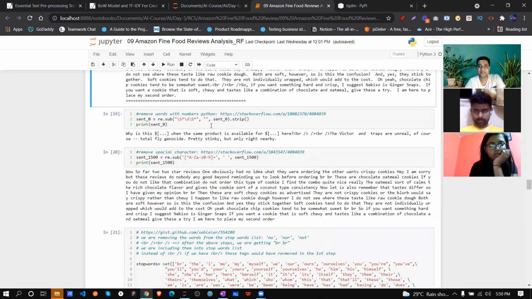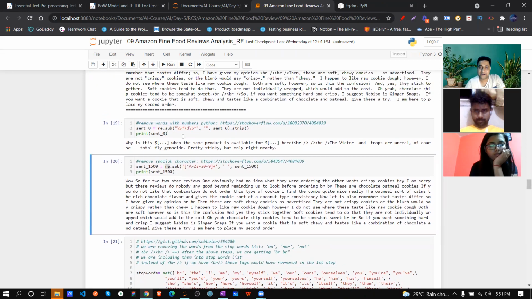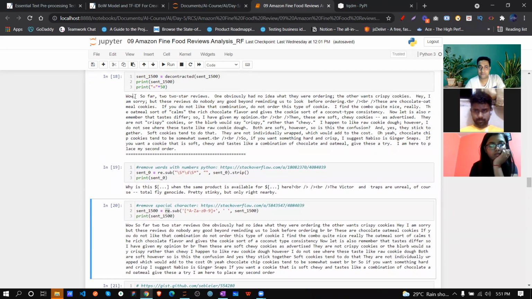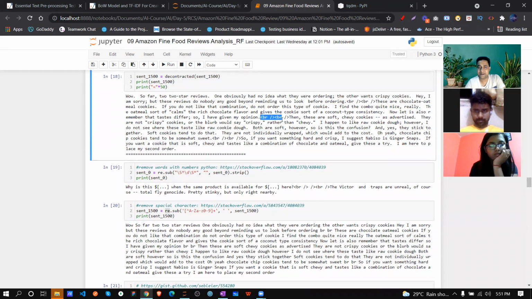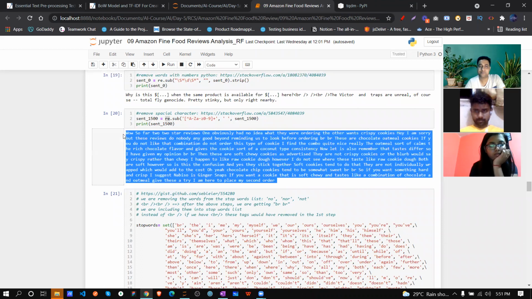Then we are trying to deal with removing words with numbers. If any words have numbers, we are going to delete those numbers as well, because those numbers are meaningless for me. Then we are removing special characters, those non-alphanumeric characters, again using regex. See over here, we have wow, then a dot, then some br, then some alphanumeric like this quote and unquote, this double dash, hash. All those things we are basically removing, and this is my pure words based sentence here.